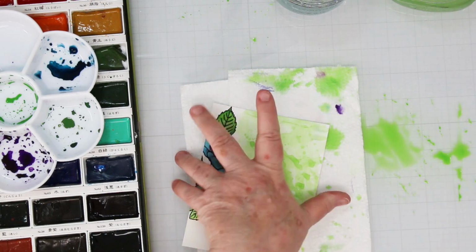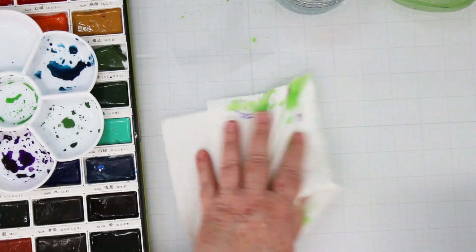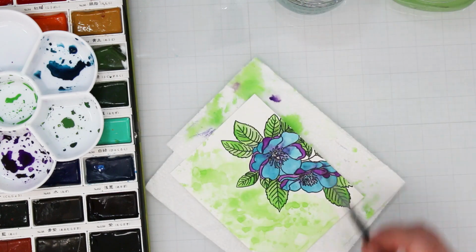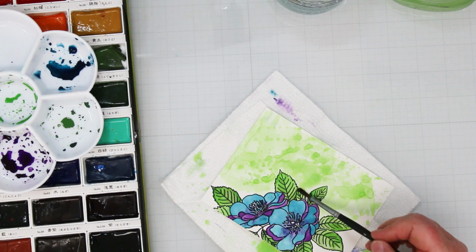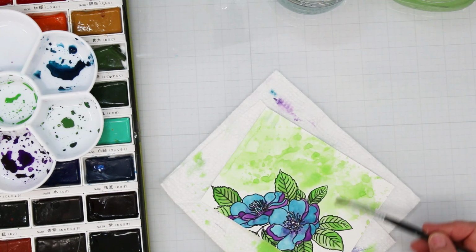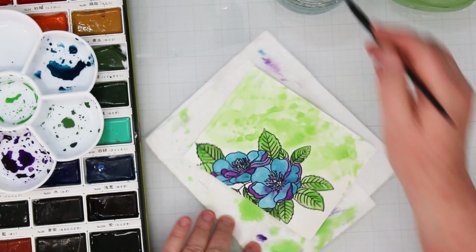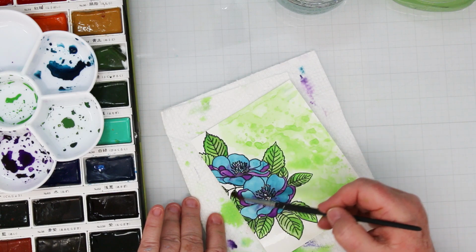Okay, so I'm going to go down near the bottom and see if I can start doing some repairs to that. Moving some of the mess out of the way here. Getting my acrylic clean. And again, trying to get rid of some of the white that is really up close to my flowers and leaves, because you don't want that. If anything, you want a shadow of a darker color behind it. So I'm really wetting this down,